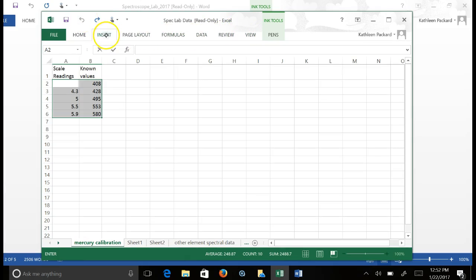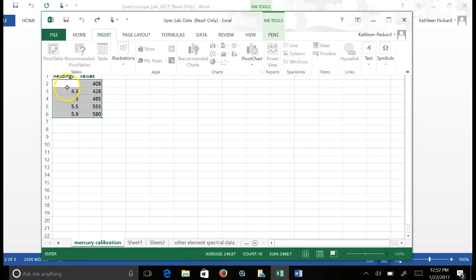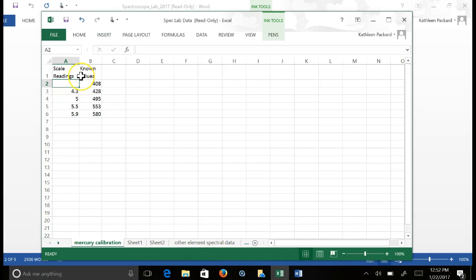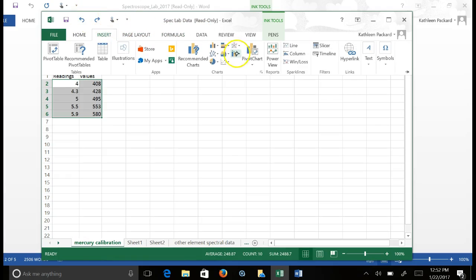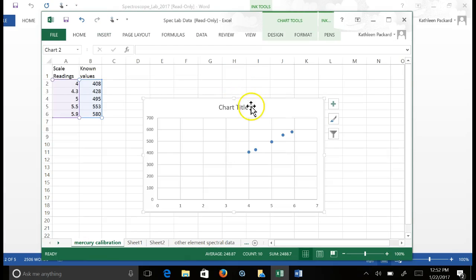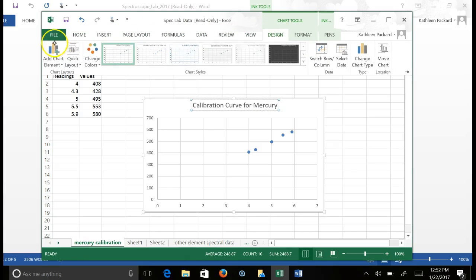We're going to insert a chart. Insert scatter plot. Okay, give it a title. So, calibration curve for mercury. And then under Design, Chart Element,